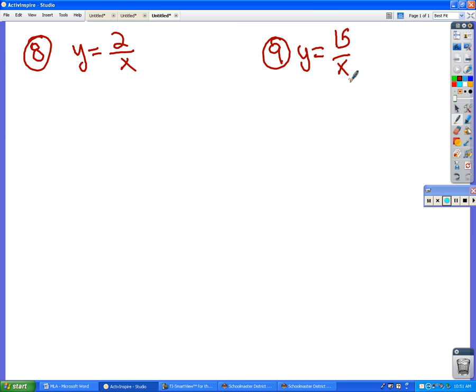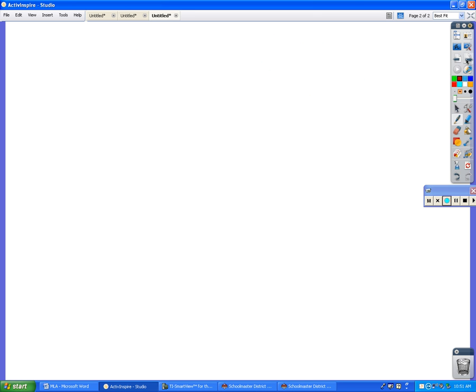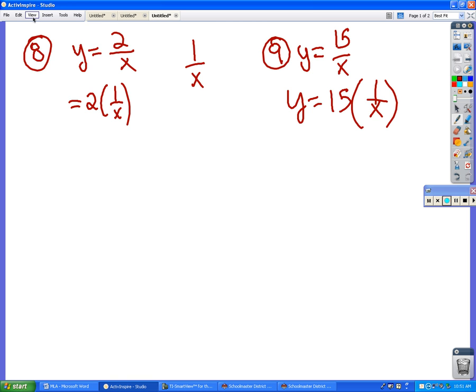I didn't do a very good job of that, but technically the parent function for all of these is 1 over x, right? And so if you have 2 over x, you can think of that as being 2 times 1 over x. And the 2 gives you a stretch of 2, okay? Whereas if you have y equals 15 over x, you can think of it as 15 times 1 over x. So that would give you a stretch of 15. So the best way to address that when you're graphing these, if you want to